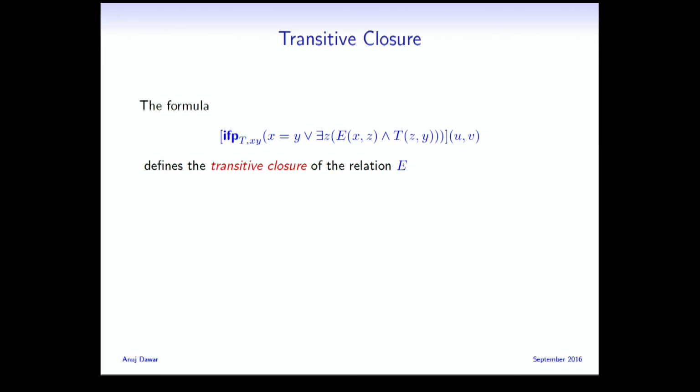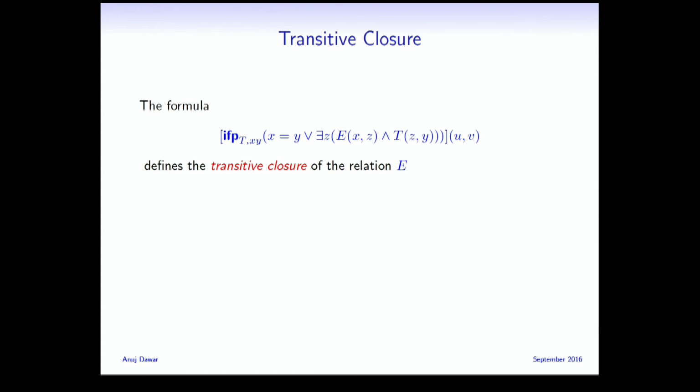And now here's just as an example, take the classic inductive definition, transitive closure. And here's a formula which defines the transitive closure of a binary relation. I suppose strictly speaking, it's the reflexive and transitive closure that I've defined over there, because as the base case, I take x equals y. Okay.